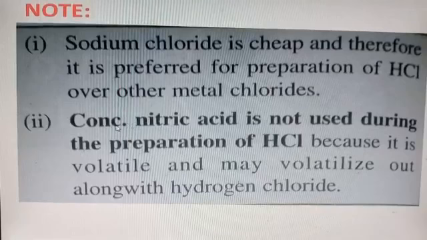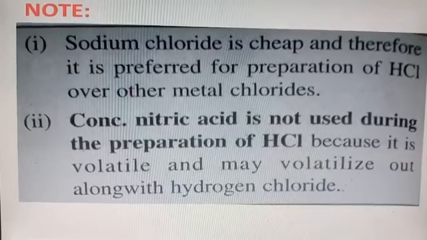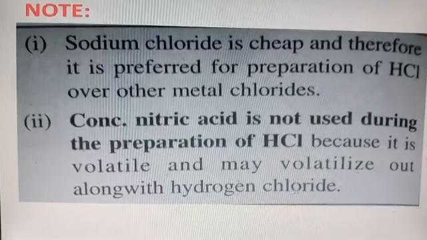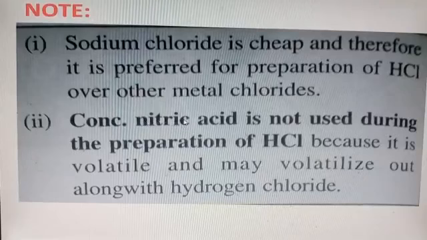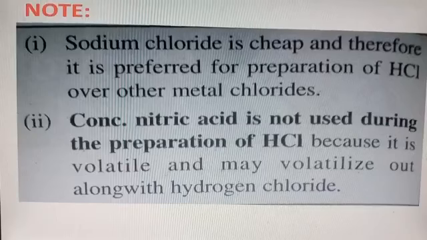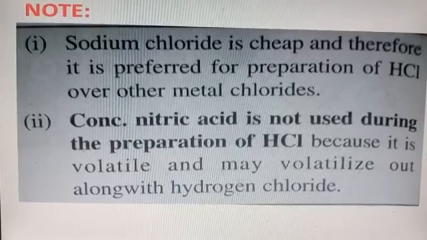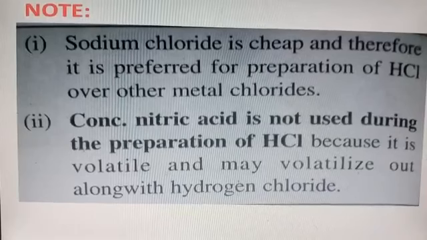So why have we not used concentrated nitric acid? Because it is volatile. Nitric acid is volatile and may volatilize out along with hydrogen chloride. Hydrogen chloride is also volatile and nitric acid is also volatile. So if we use nitric acid, then the mixture of hydrogen chloride and nitric acid may escape out in the form of gas. As a result, we will not get pure hydrogen chloride,